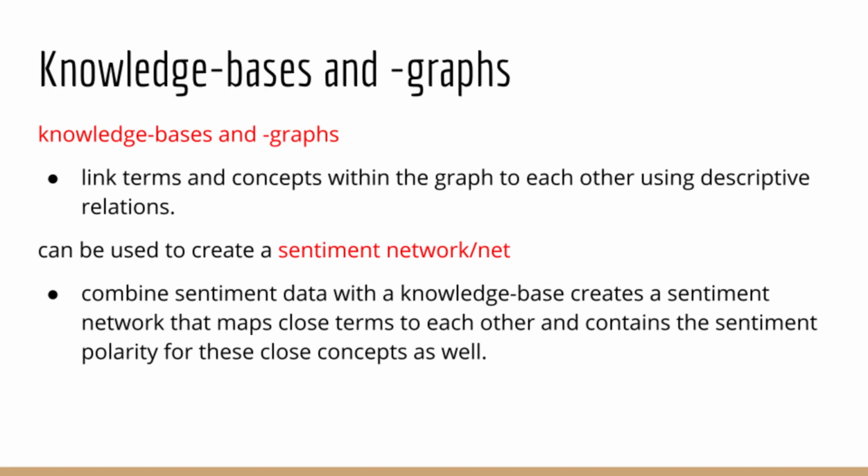So how are these knowledge graphs related to sentiment analysis? Well, it happens that for knowledge-based sentiment analysis, a knowledge graph can be combined with a sentiment lexicon, thus creating a repository of sentiment information called a sentiment network. Now, when evaluating the polarity of a term, we can also evaluate related terms in this network to achieve a nuanced look at the possible sentiment for that term within its context. So now, when evaluating an entity in a sentiment network for books or films, such as the term Jurassic Park, we can simultaneously check polarities for actors and actresses related to the film or other themes revolving around this classic.